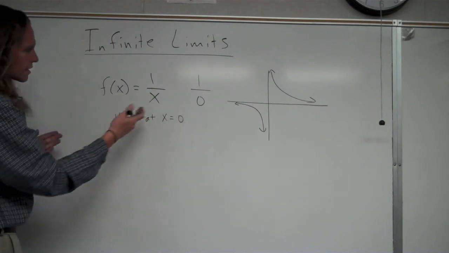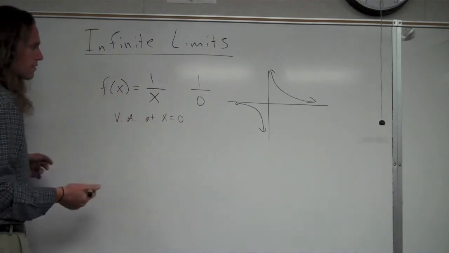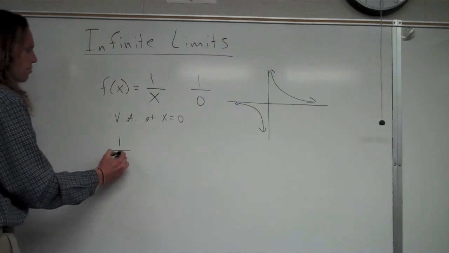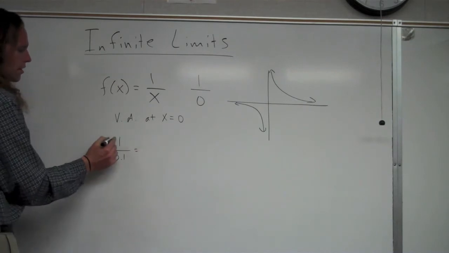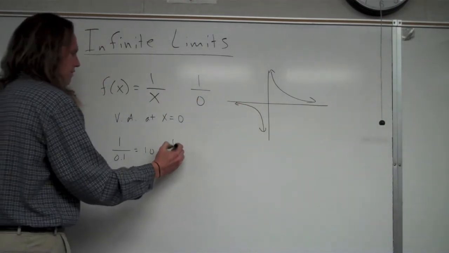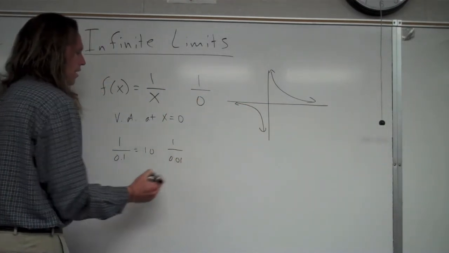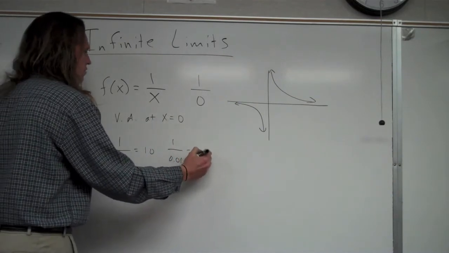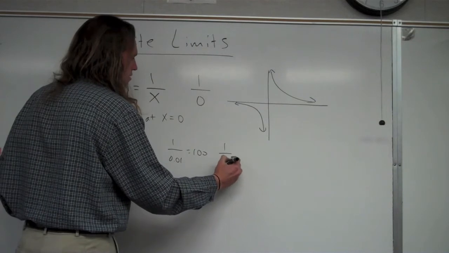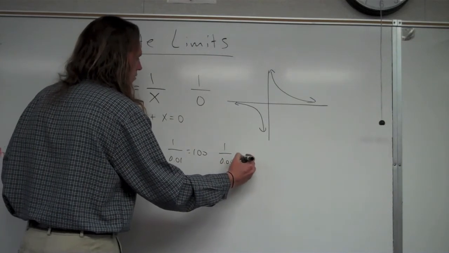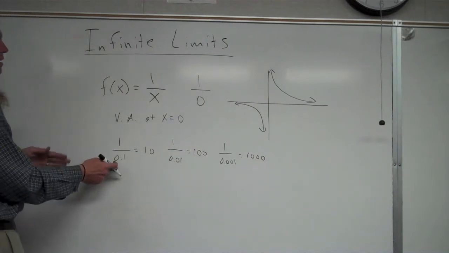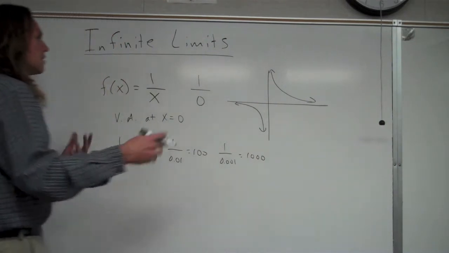into x as x gets closer to 0, which is using the idea of limits here, for instance, as x is, say, 0.1, well, if I do 1 divided by 0.1, that's 10. As the x value gets even closer, say, at 0.01, the y value is 100. As I get even closer, say x is at 0.001, now the y value of the function is 1,000. So the idea is the closer I get to 0, the larger the function gets,